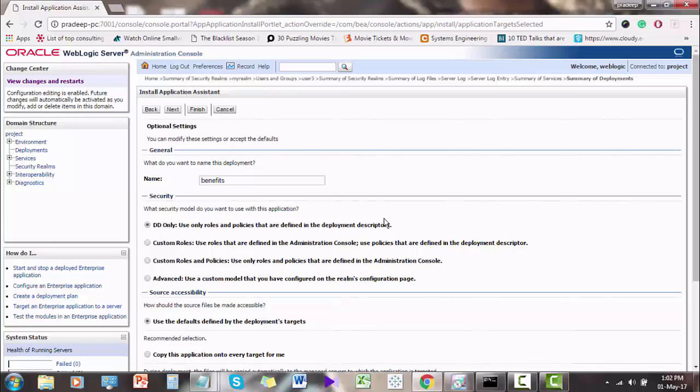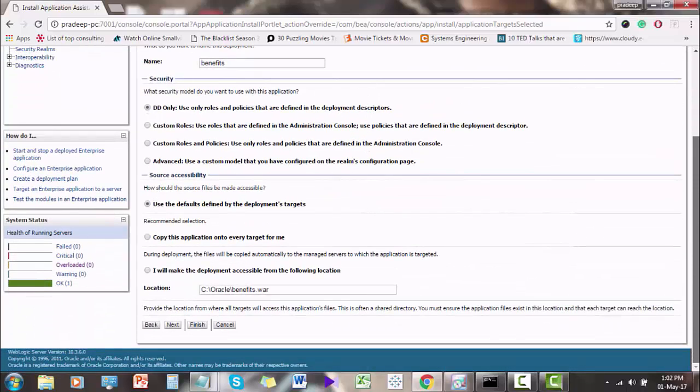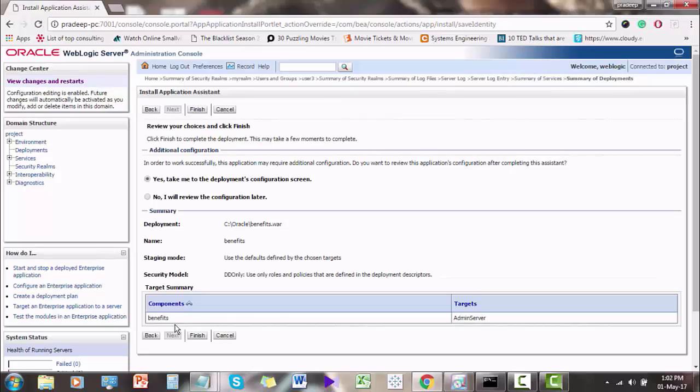These are some of the rules and security measures that we can keep, like what security model you want to use with this application. These are general, and all the wanted things will already be marked beforehand with this application tool. Next, the benefits component says that benefits is the file that we are deploying. Take me to the deployment screen, and once we press finish,